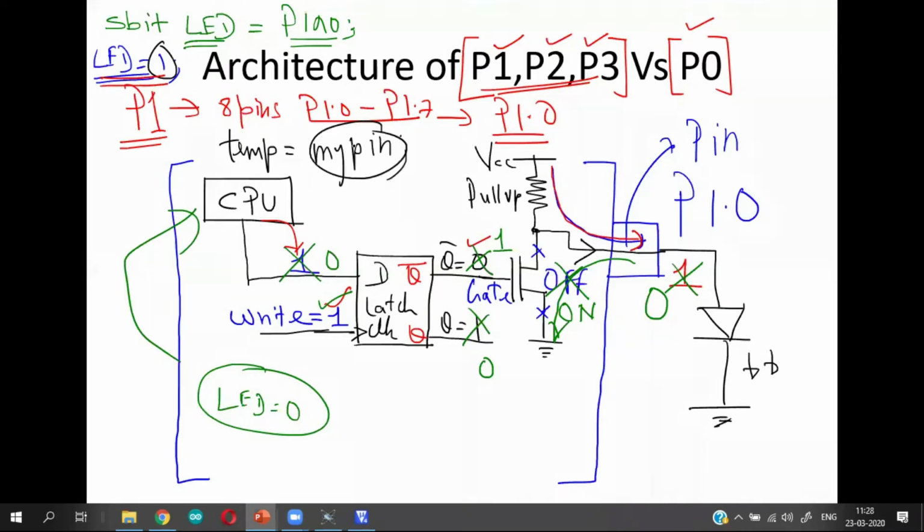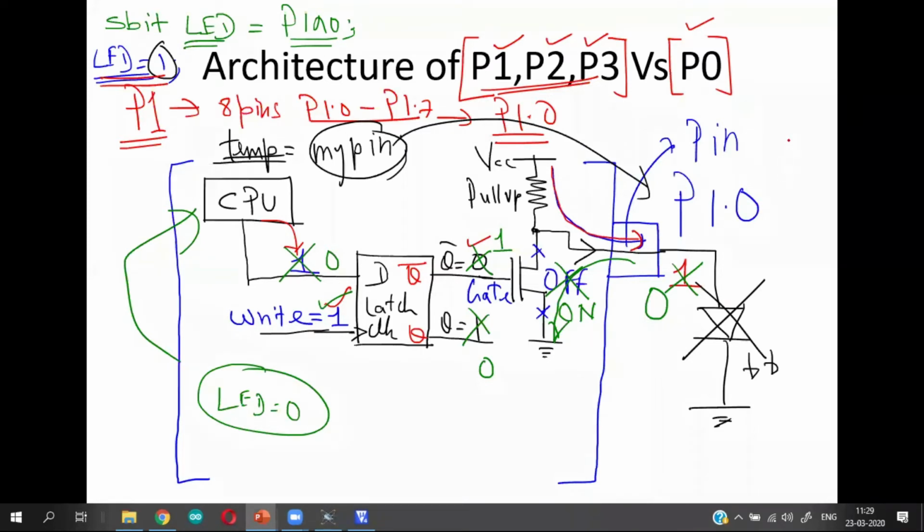So my pin is a S-bit variable. In this case, I am assigning my pin to port 1.0. I want to read values and assign that value to a temporary variable. The same port 1.0 in this case is not connected to an output load.